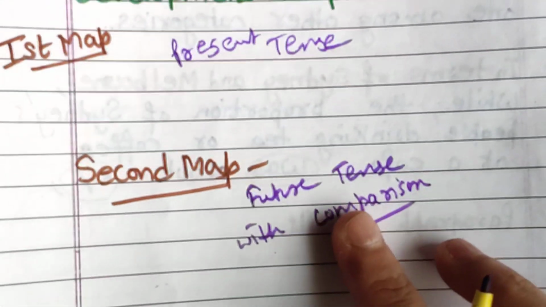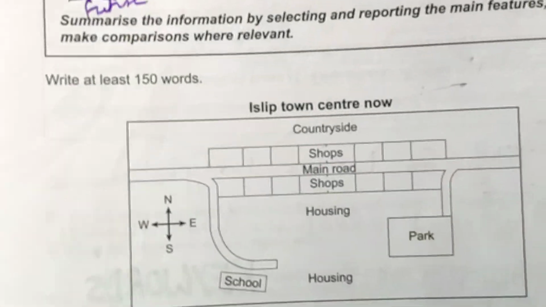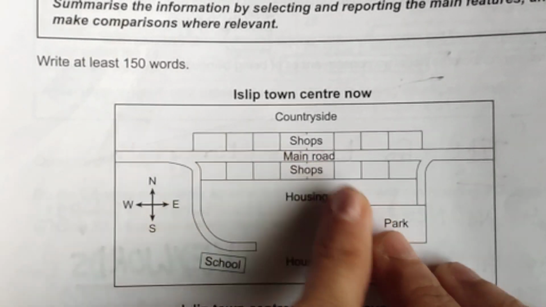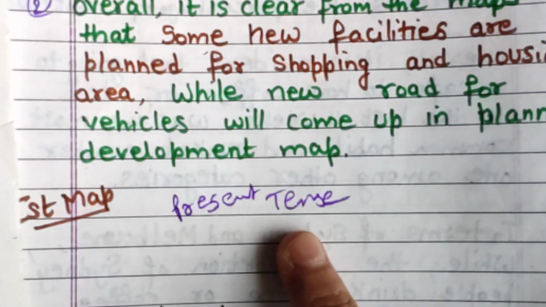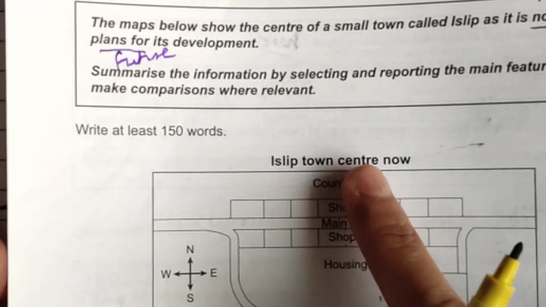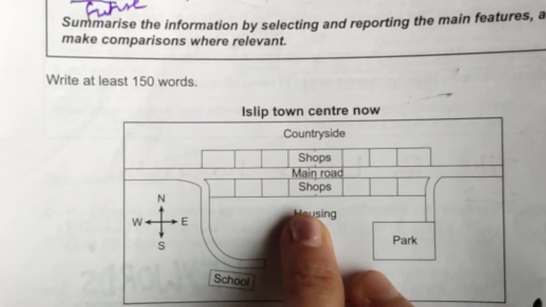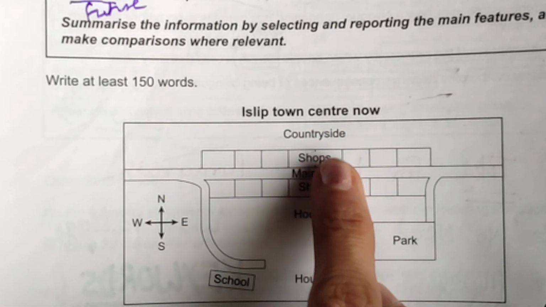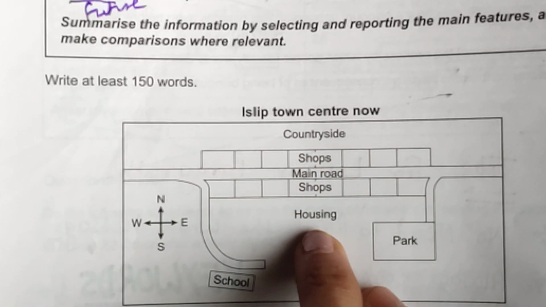Okay, the second map will be in future tense, the first map will be in present tense. When you are comparing, you will tell first, as it is, wherever things are, you have to explain in this first paragraph, for the first map, with the directional names they have given. Like, on the north side of the map, there are shops, main roads, shops,